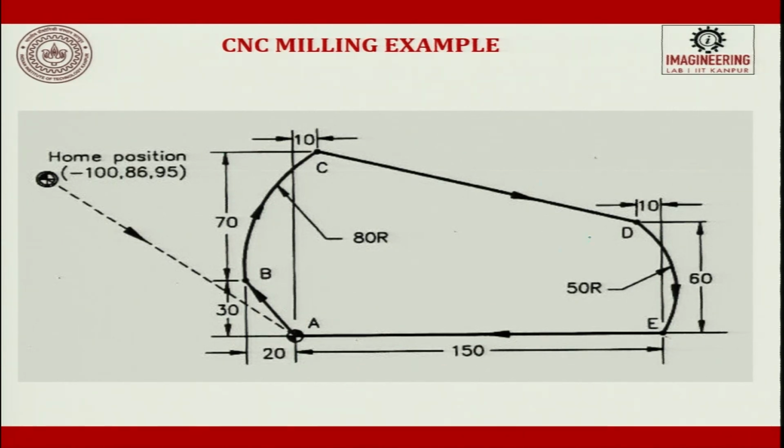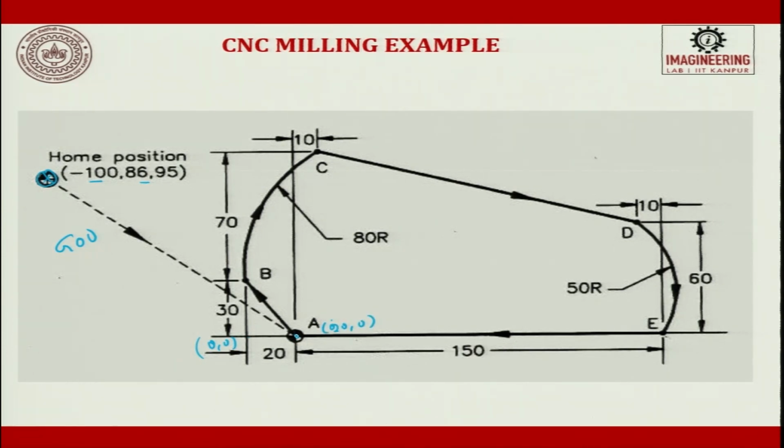So, in this milling component we have given you a home position here, this is the home position, and we are trying to follow absolute. So, it is at this point where x is minus and y is 86.95. From here we will use G00 to come to here, which is this point. So, maybe we might take this as 0, 0. So, this is a point which is 20 in x axis, y axis it is 0. So, you can try to take this as 20, 0.